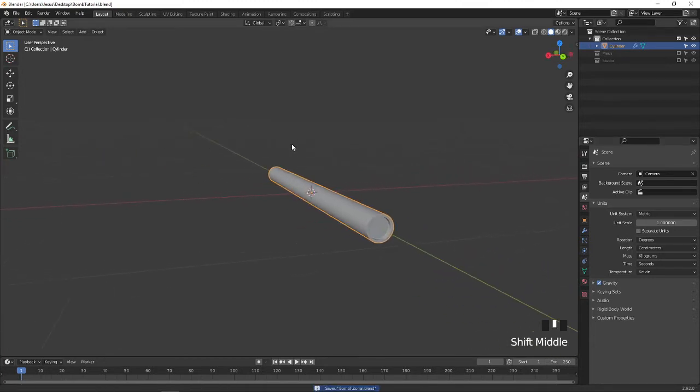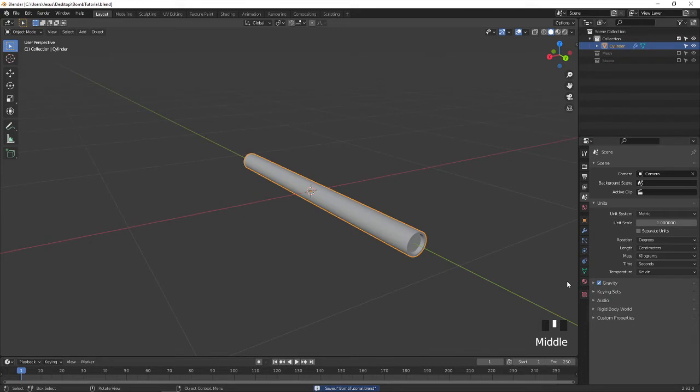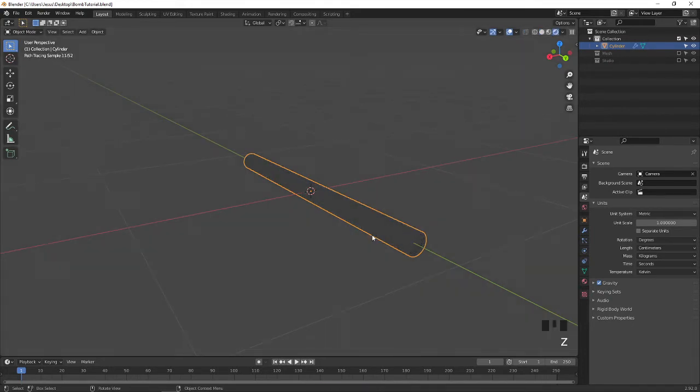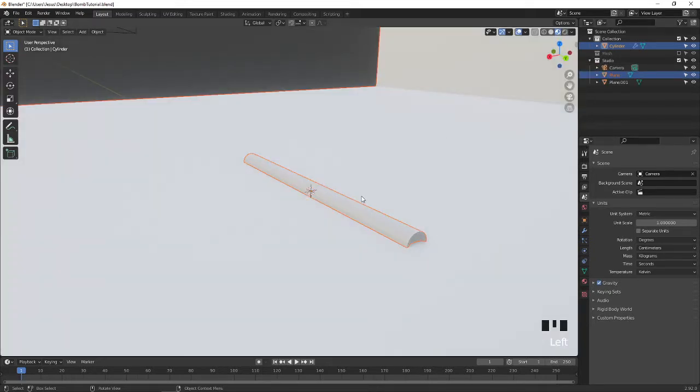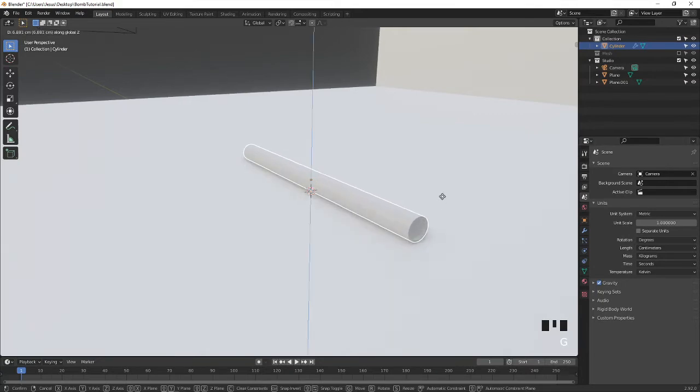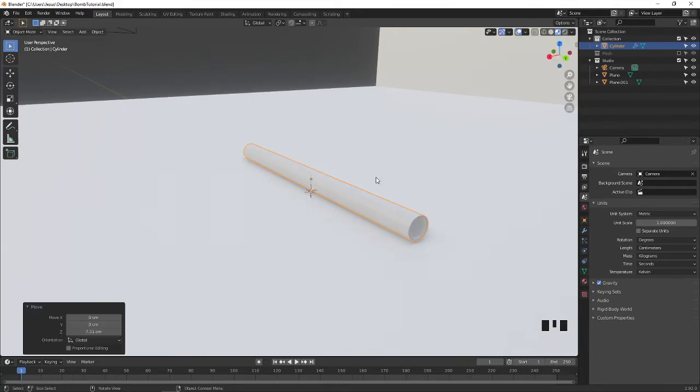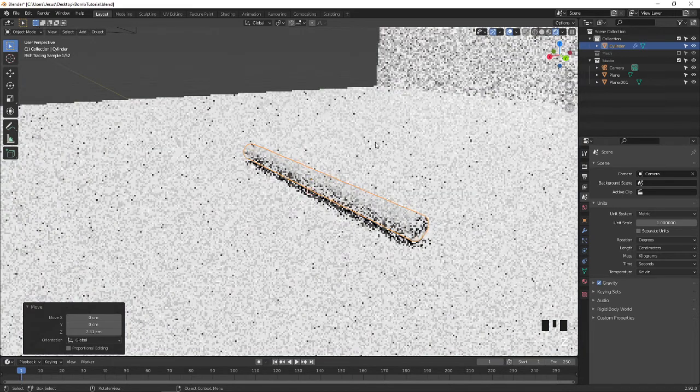I press Control S to save this and press Shift Z to go to the render mode. Okay, come back here to the material preview and I turn on the studio, select this, GZ to move it up and let me see it in render view how it looks.